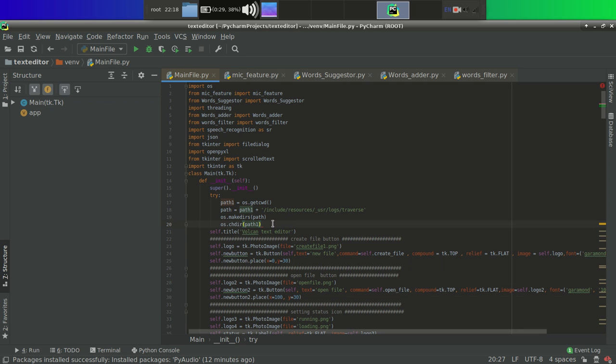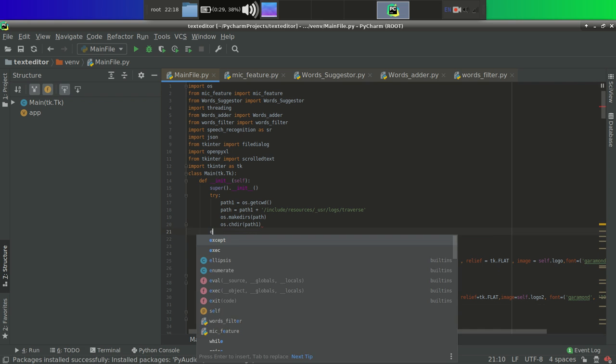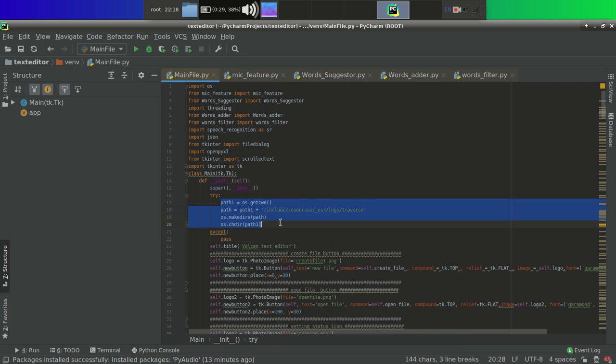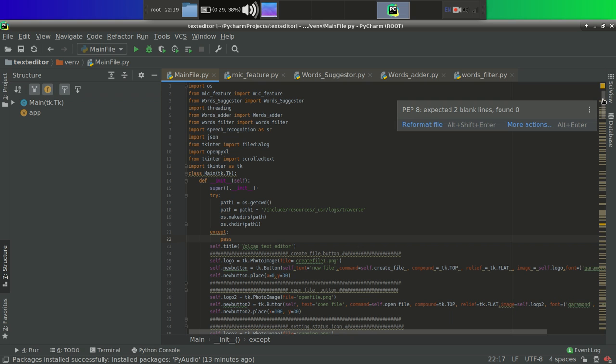Now if this folder already exists, then an exception will occur, and we will simply use a pass, meaning nothing will happen. If we don't have these folders, then this try block will run. If we have this folder inside our current working directory, then this except will run. When you run this program the first time, the try will occur, and on subsequent runs this except will run, because you will already have that folder.